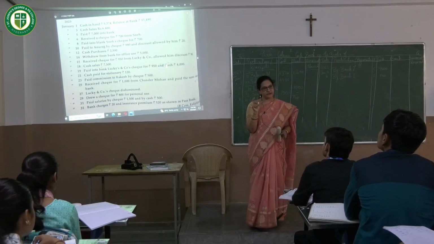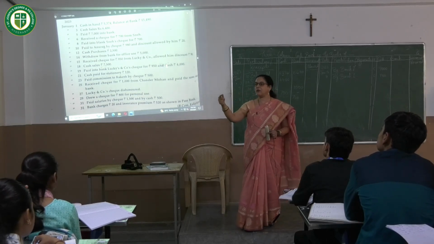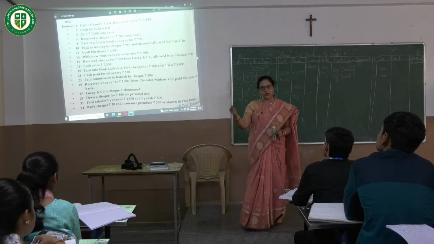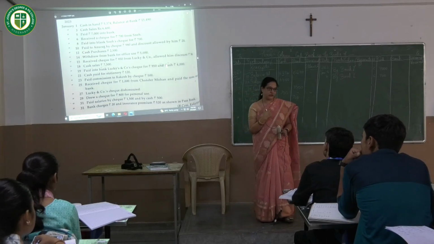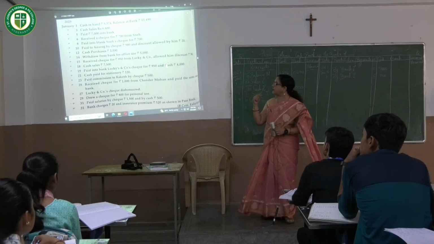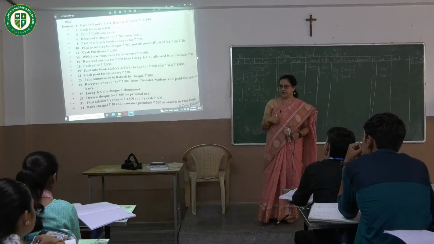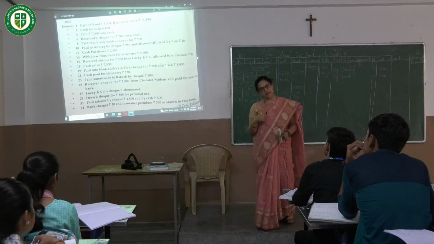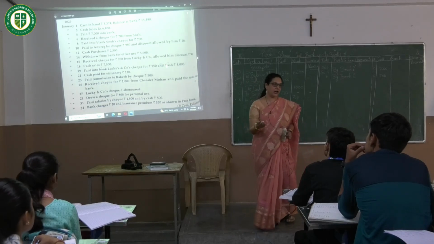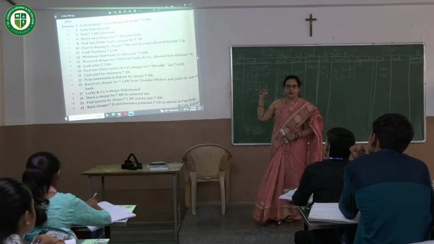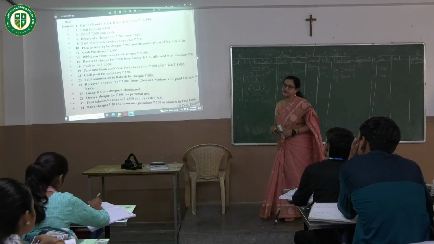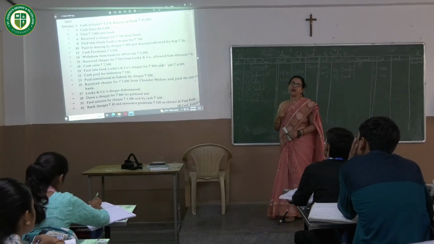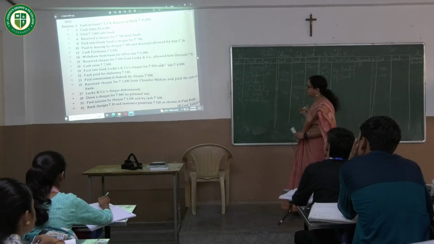He's using the word discount allowed, but he says discount allowed was by him. Anurag allowed discount. For us it is discount received, because we know that whenever we pay money, we receive discount, and whenever we receive money, cash, we allow discount. So don't get carried away with the word discount allowed. It should be nothing but discount received, because Anurag allowed discount means for us it is discount received.